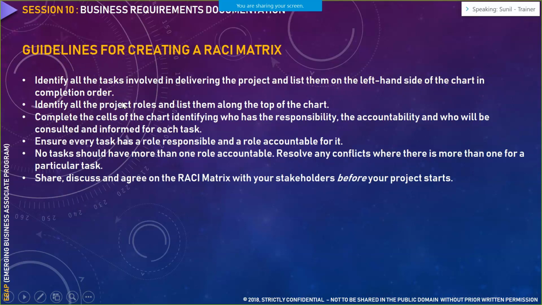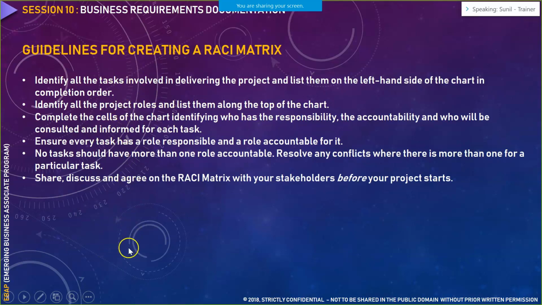So whenever you are creating a RACI matrix, whatever the task is, like development or requirement analysis or test planning, test strategy, all those tasks would be listed on the left-hand side. After that, you have to identify all the project roles and list them along the top of the chart.